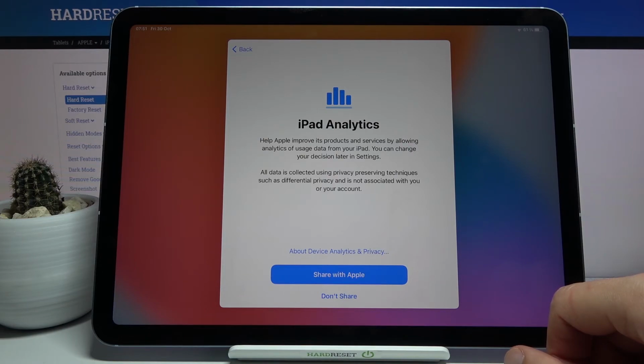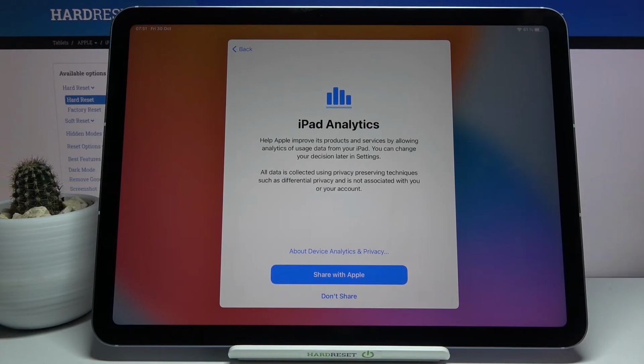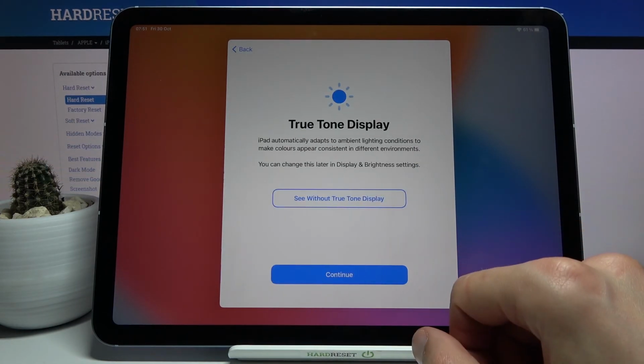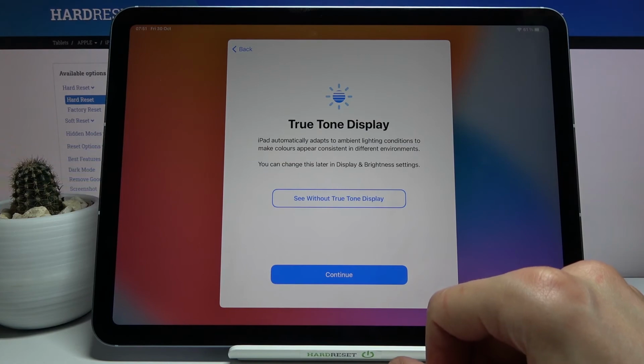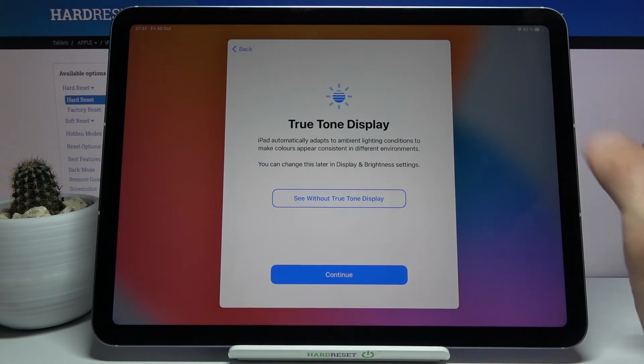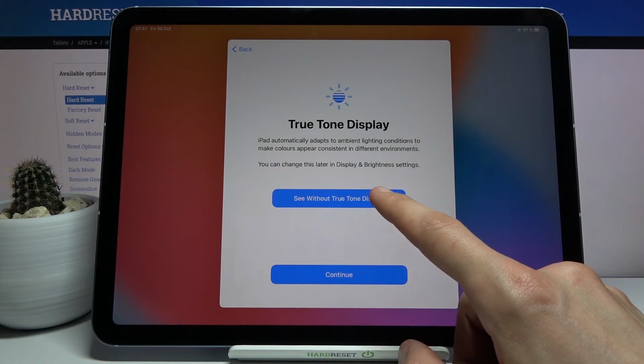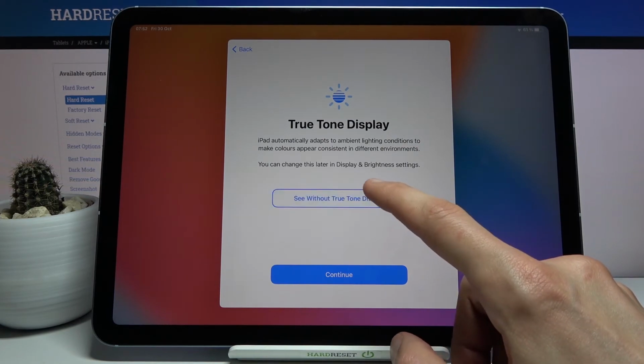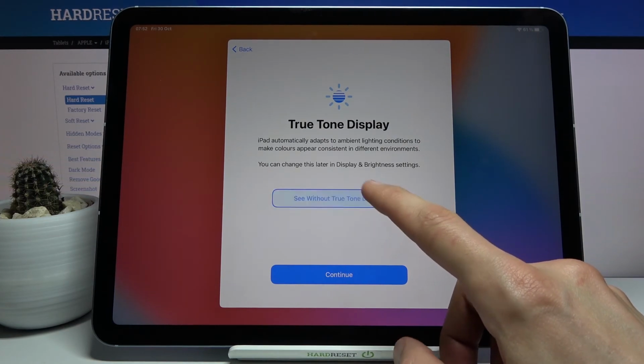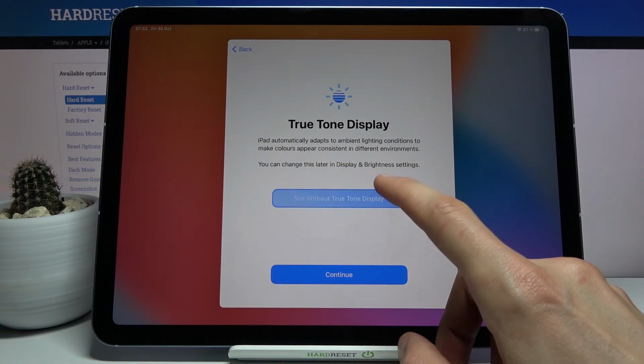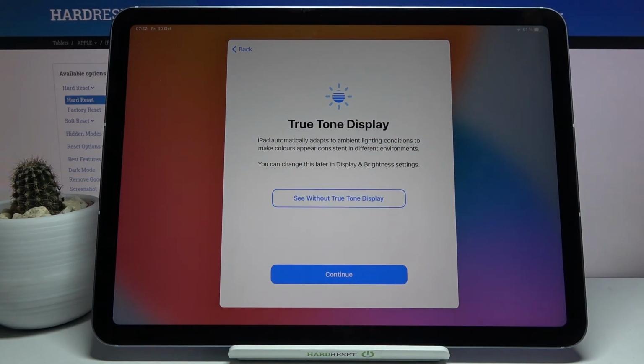iPad Analytics, to help Apple improve its products by allowing analytics to use usage data. So I guess it's just going to scan how you use your device and send reports to Apple. No thanks. True Tone display. This is just the tone of the display. Now if you tap on it or hold it, you can see, though it's barely visible, it changes to a bit more bluish color. Maybe if I turn off the light quickly,